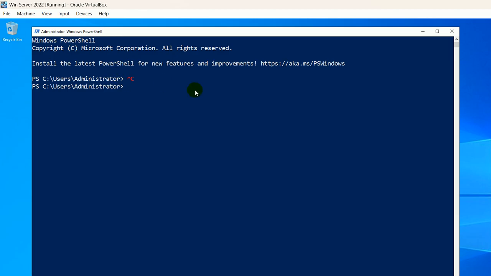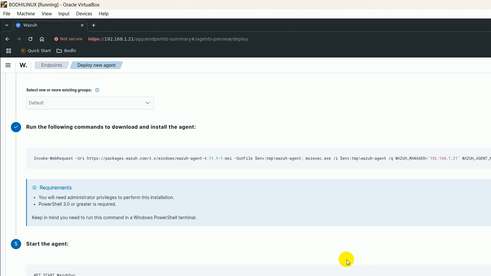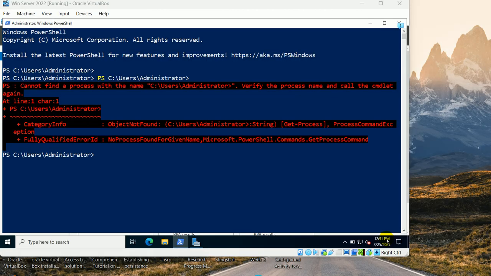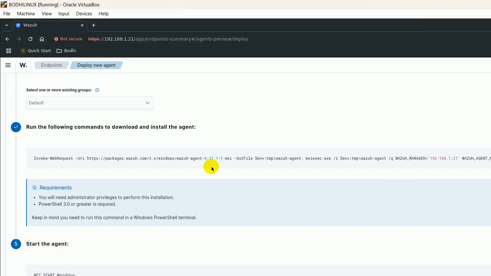So I should paste it on the PowerShell. Okay, let me see the way to bring that command here. So I'm not able to paste this from this dashboard. I found the reason is